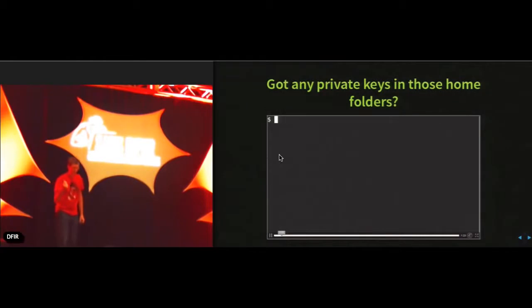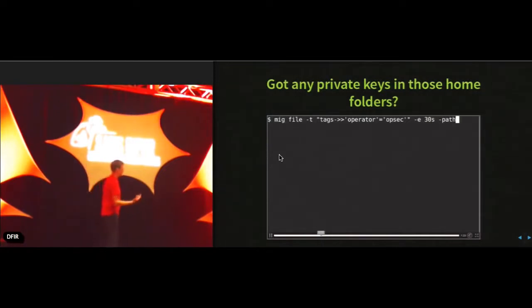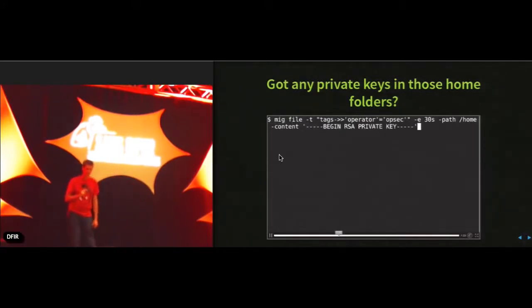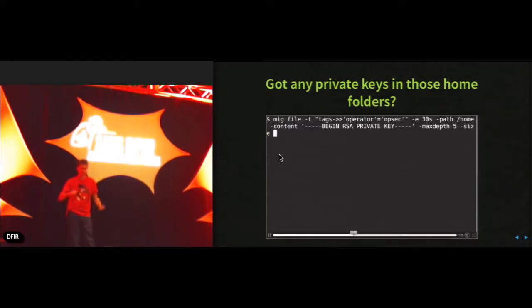We're looking for, another thing we really like looking for is private keys, because people tend to leave private keys everywhere. So if you want to look for private keys on your folder, same thing, you call the MIG command line. And here we're going to reduce the scope of the investigation to a subset of servers, of agents, that have a tag on them. And they have that tag, operator, that says they're operated by the OPSEC team. And we say, okay, go look into /home on these agents and look for files that have the content beginning RSA private key. We also reduce that investigation to 5 levels down the directories, and for files that are smaller